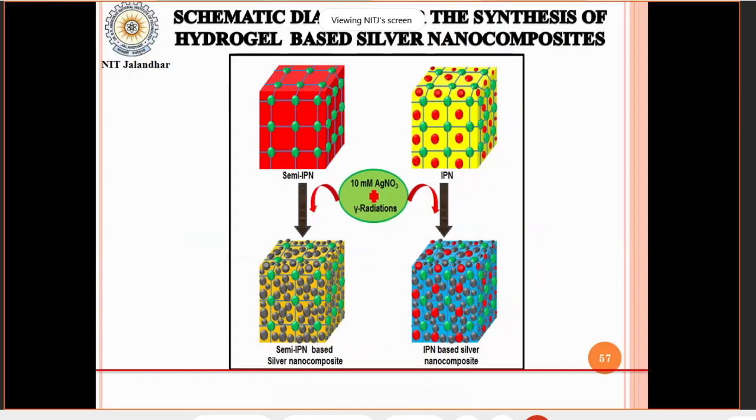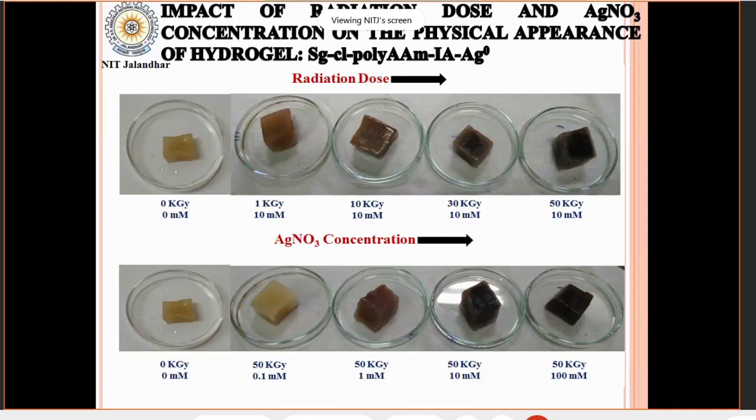So in our lab, we have prepared these nanogel composites, silver-based nanogel composites, and these were the materials we could prepare in the laboratory. We also studied the impact of reducing dose and silver nitrate concentration on such materials, with different concentrations of silver nitrate and different gamma radiation doses ranging from 1 kilogray to 50 kilogray. We studied these observations,